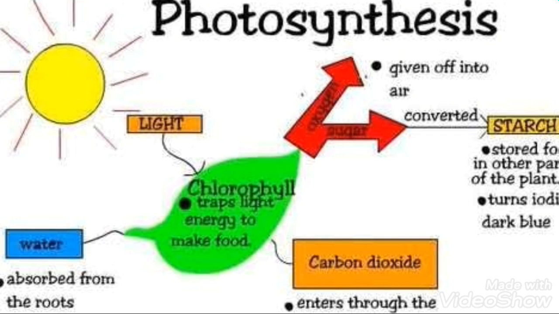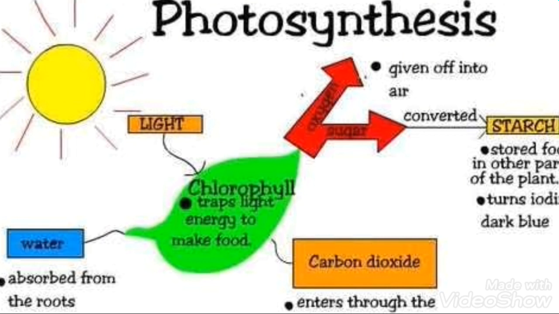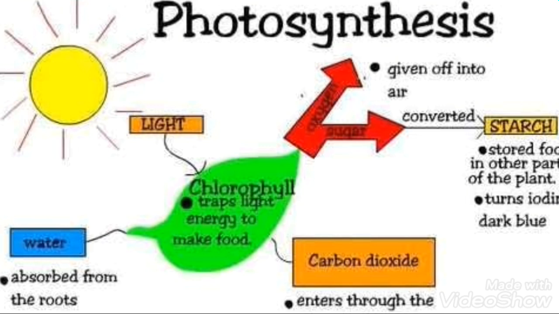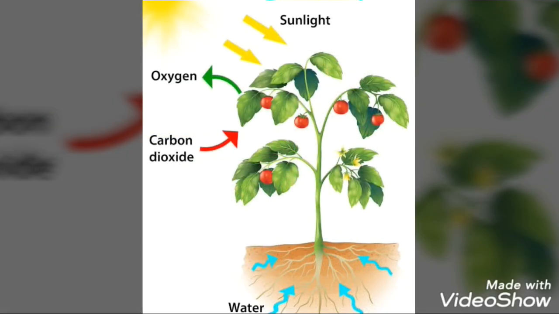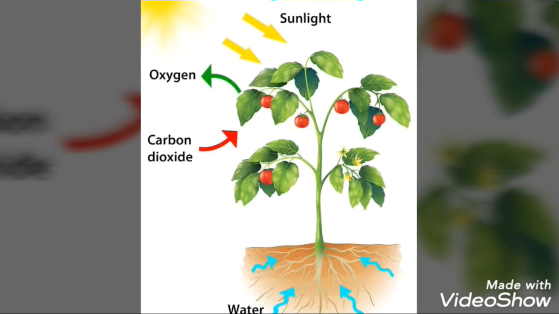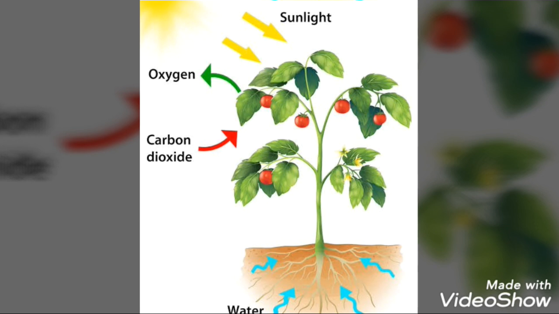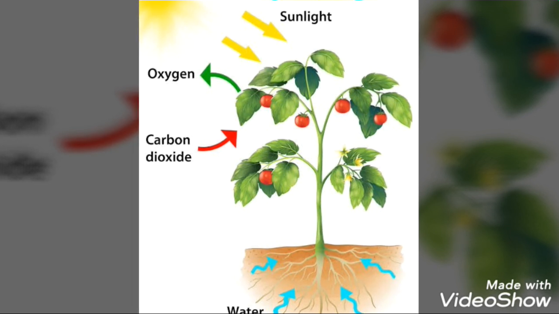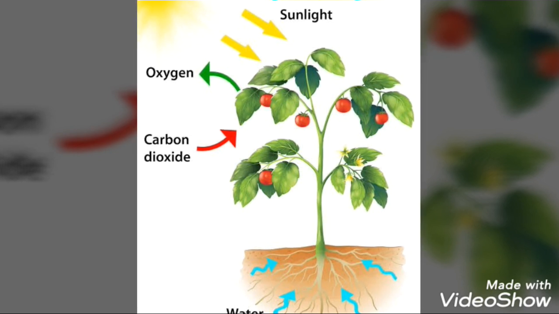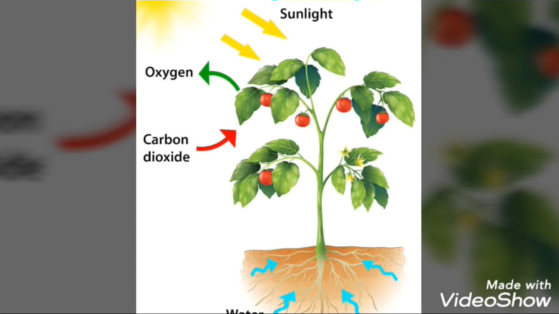and this is a reduction reaction. Because of this reduction reaction, the major product formed is glucose, and the byproduct is oxygen. Oxygen comes out from the leaves through the stomata. The glucose thus produced is stored in the form of starch, because to store glucose, a large amount of space is required. And in animals, the glucose is stored in the form of glycogen.